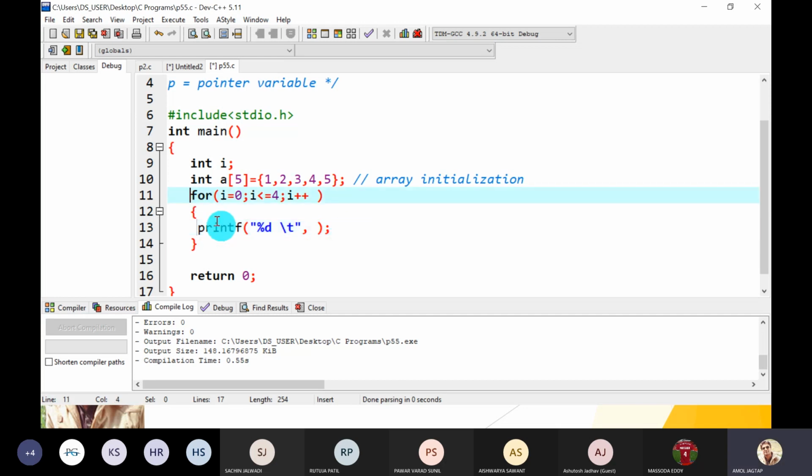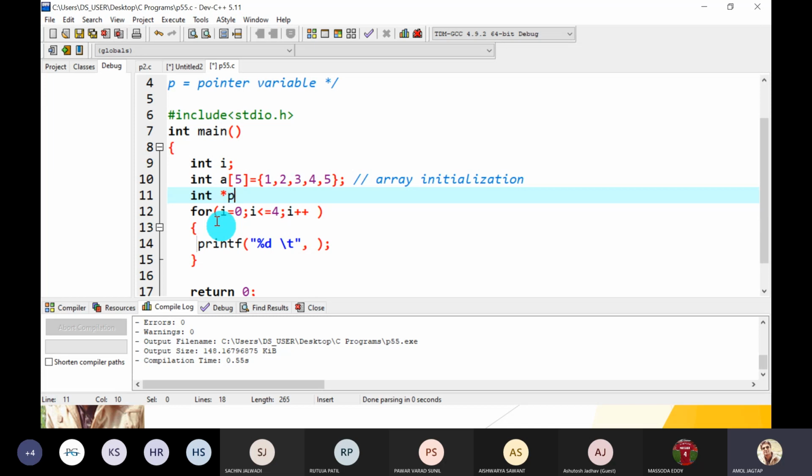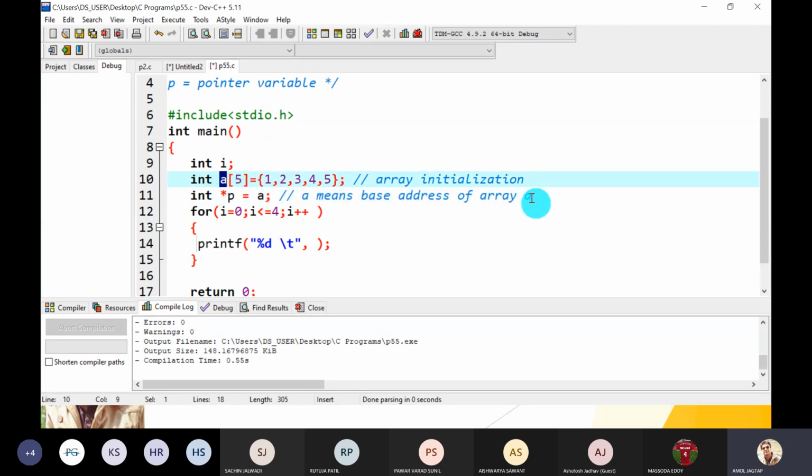We know that first we take one pointer type variable, integer pointer p equals, assign the address, just write A. A means the base address of array A. Always remember, the name of the array itself gives you the base address of the array.